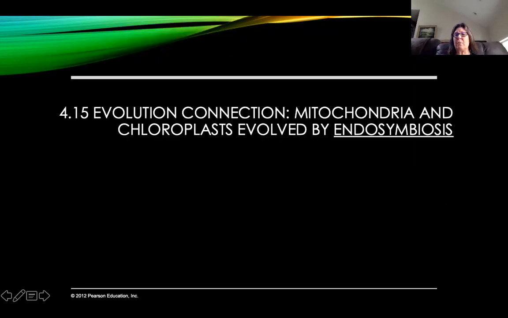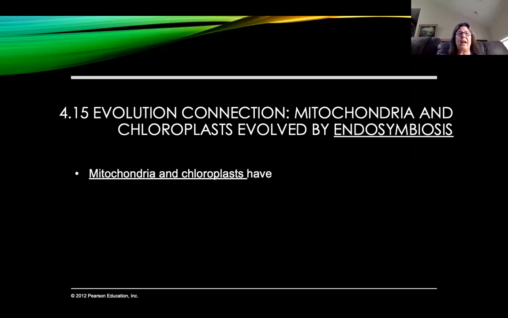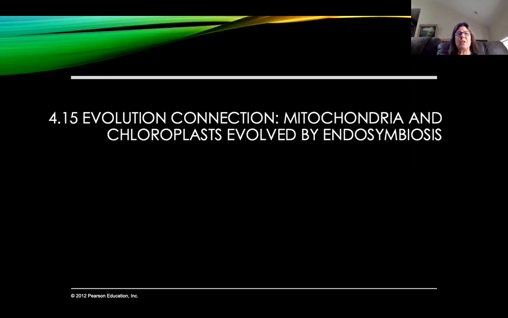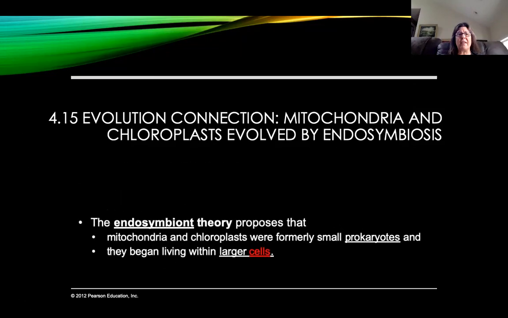So here's that evolution piece to it. When we talk about the chloroplast and the mitochondria, we have what's called the endosymbiotic theory. So we know that they both have their own DNA. They have their own ribosomes. And they can basically self-sustain themselves. The structure of this DNA and ribosomes, when we look at it, is very similar to what we see in prokaryotic cells. And so based on this, we have the endosymbiotic theory that the mitochondria and chloroplasts